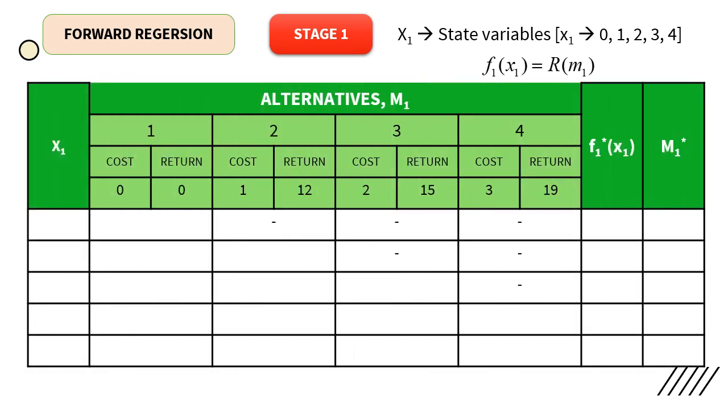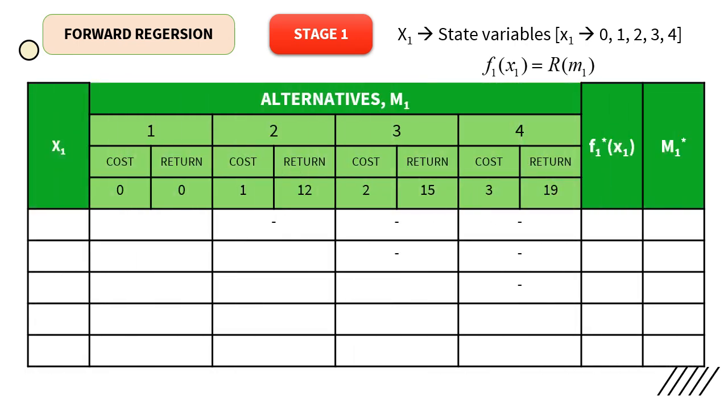Let us solve this problem in forward recursion. So first, stage 1. We have a state variable x1 which is equal to 0, 1, 2, 3 and 4. 0 indicates I am not going to spend any money for stage 1, and 1, 2, 3, 4 indicates how many crores I am going to spend for this particular stage. And here f of x1 is equal to r of m1. So let me consider the table here.